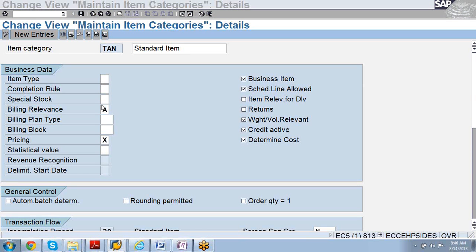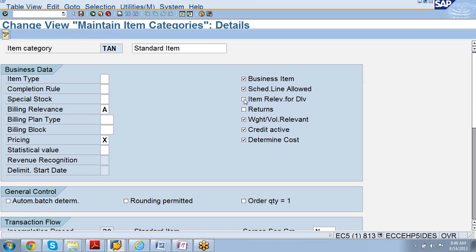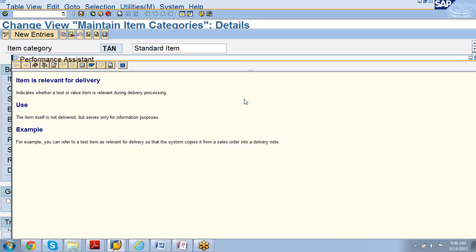I suggest you guys do some preparation. Suppose you can see this, item relevant for delivery. If you select this and click F1, concentrate on each definition. Okay, this will only make you a good configurator. Otherwise, just by practicing, you cannot become one. Indicators whether text or value item is relevant during the delivery. So that means